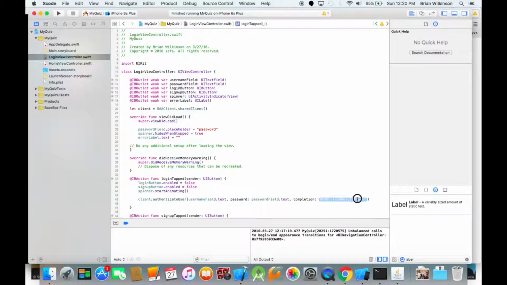So this completion, instead of just being a single line, is going to be a closure. So it's going to be a whole series of code. So I'm going to put a brace, and this closure is going to take two parameters, a success parameter of type Boolean, an error parameter of type NSError,